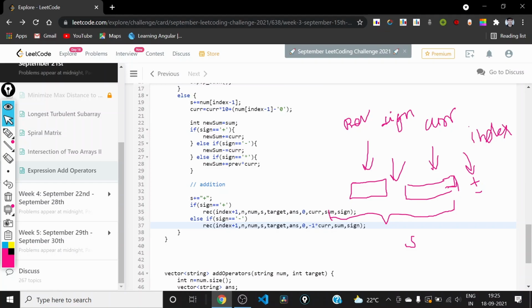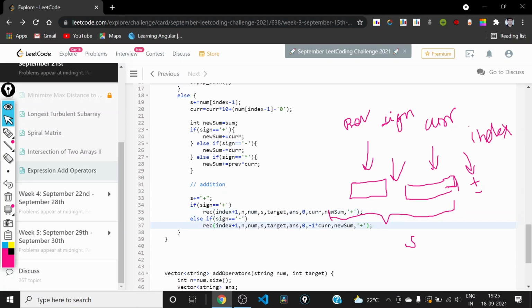And we also need to change this sum to new sum, and decide what the newer sign will be. We are doing it for addition, so it should be plus here and plus here also.